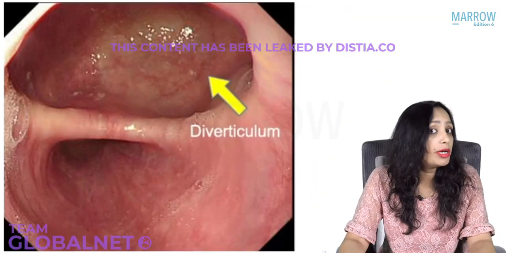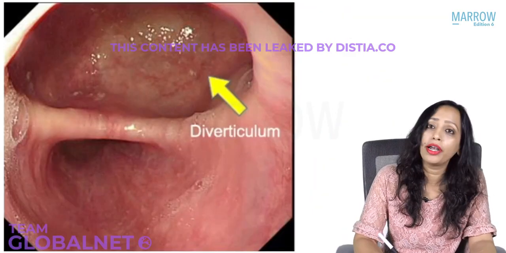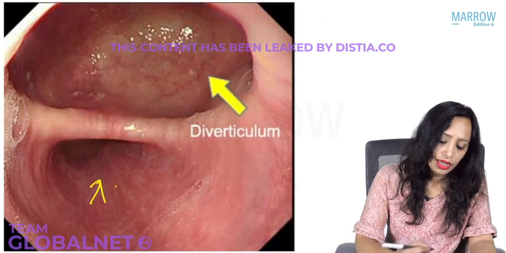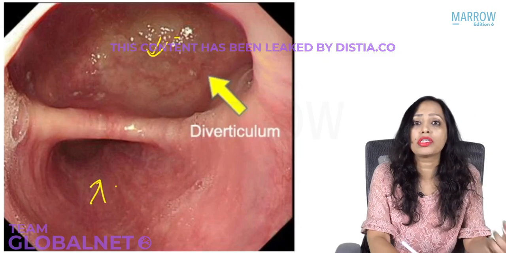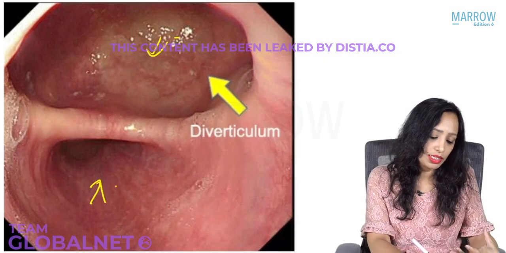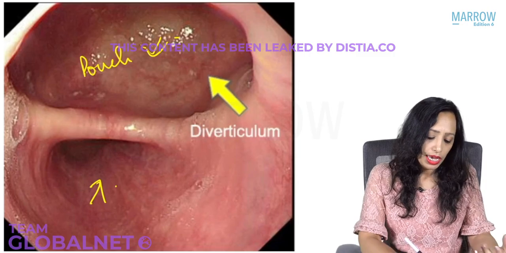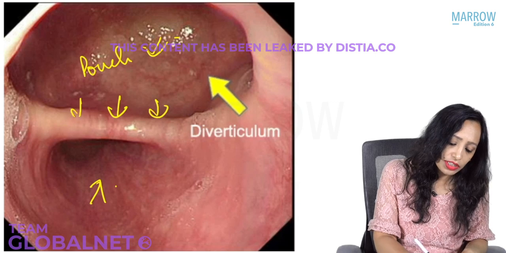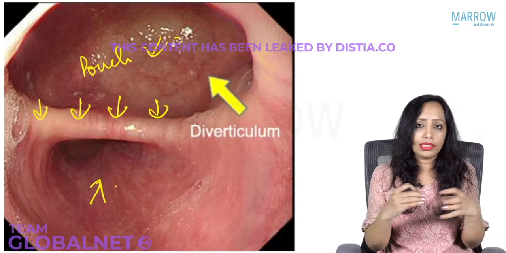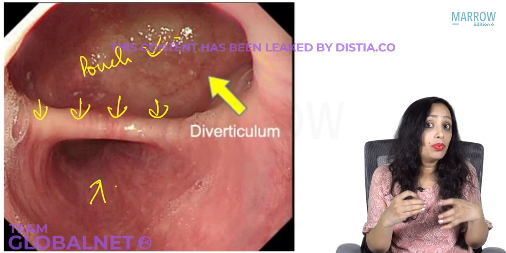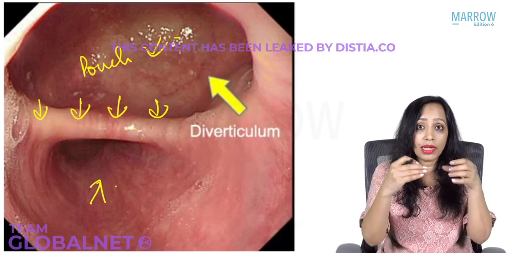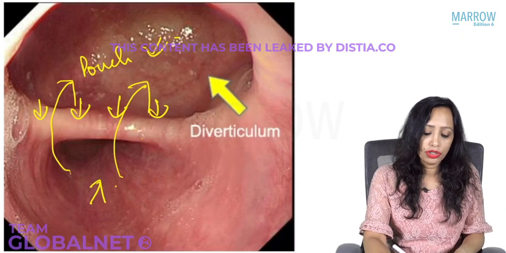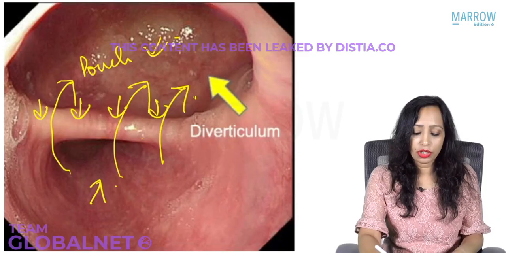And yes, we can confirm it by an endoscopic examination, and just see here on endoscopy. Can you see the esophageal endoscopy showing two lumen? Yes, this lumen and this. Yes, you can also see the lower border. So we know that this is the pouch, this is the pouch, and this is the esophageal cavity. And can you see this bar? Yes, what is this bar? This is the bar of the muscle. Yes, above which this is the sphincter muscle, above which is the gap, from above which is this pouch, outpouching.